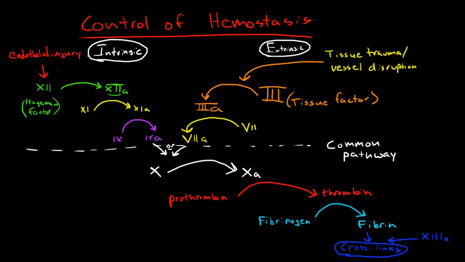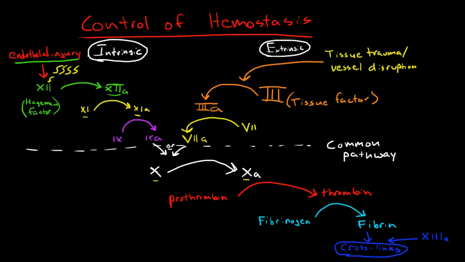Just by way of review, the intrinsic pathway begins with endothelial injury, which allows collagen to come in contact with Hageman factor. Hageman factor is activated into an activated form. The Hageman factor activates factor 11 to 11A, and that changes factor 9 to 9A, and 9A activates factor 10 to become factor 10A,